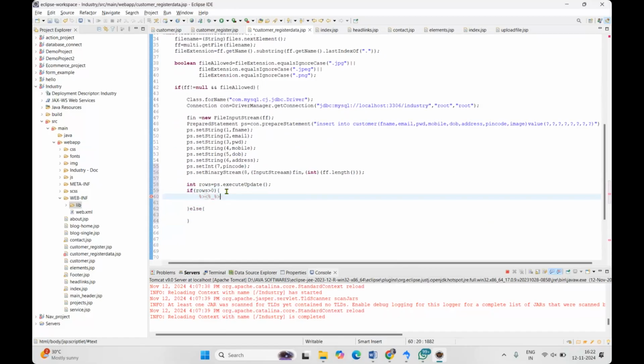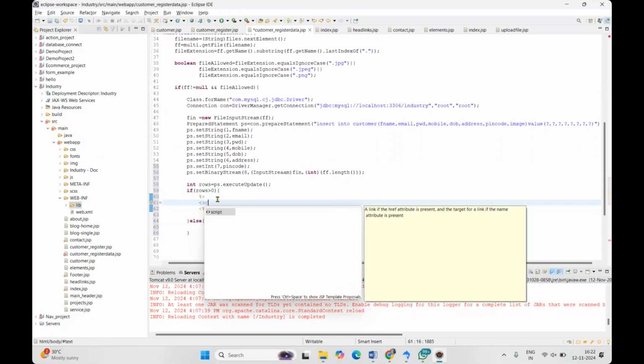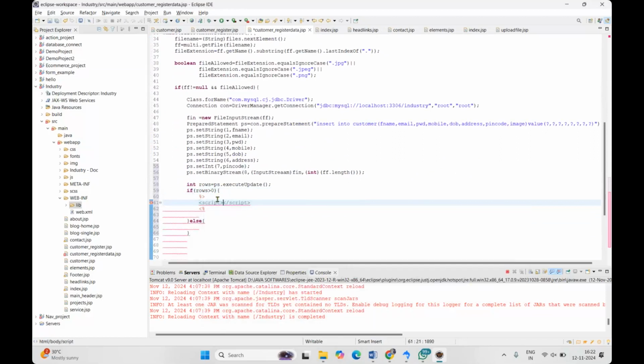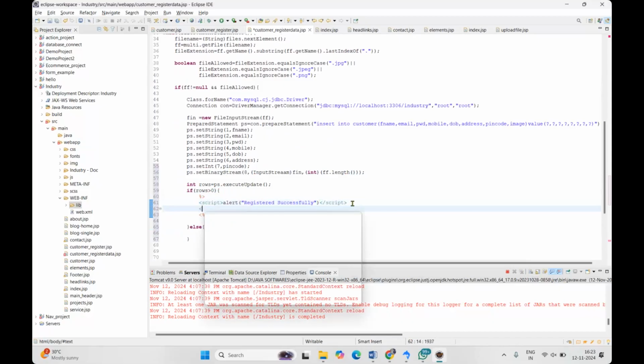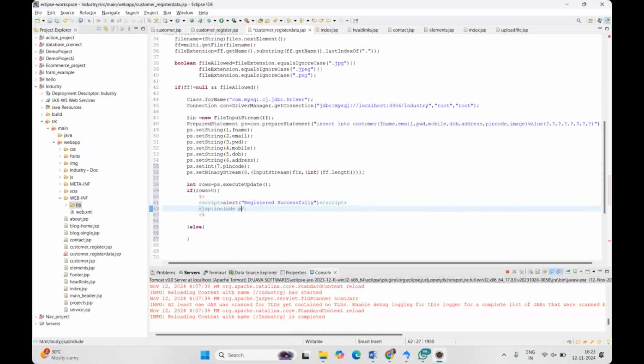Okay, here I'm using the scriptlet tags. I'm ending and opening, and here for the message, previously we used the out.println. Now we will be using the script tag, where in that we give the alert. Inside the alert, in the double quotes, we will give the alert like, registered successfully. Okay, after script, here we will use an include tag. So we need to send the message. So I'm taking include, and I'm sending him to the customer page where he needs to log in,